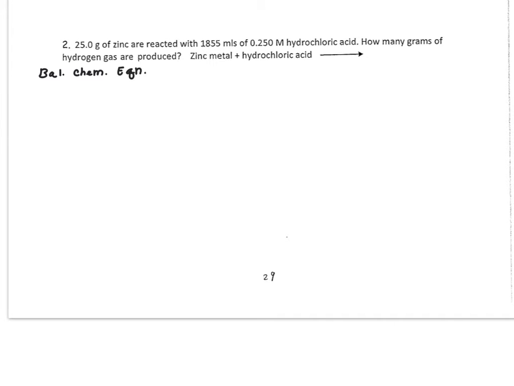equation for this problem. So we have zinc metal, so it'll be solid, reacting with a strong acid. And according to our metal activity series, when we have a metal reacting with an acid, our products will be a salt and hydrogen gas. We need to make sure that this is balanced, so we'll put a 2 in front of